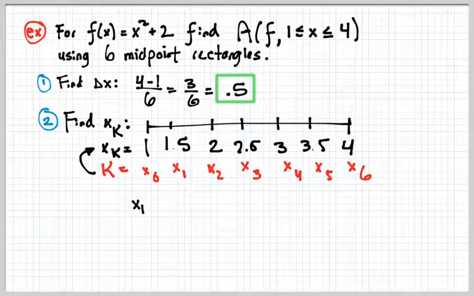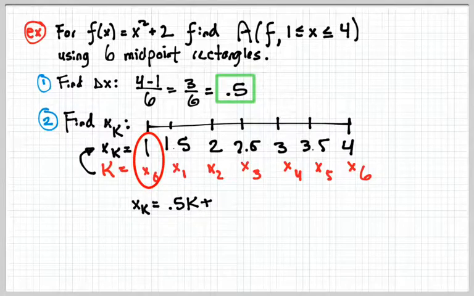So x of k will equal, it's going to be linear, so you're going to have your delta x, which is your slope, which is 0.5k, plus our beginning value, which is 1, plus 1. Now, that looks exactly like left or right endpoint, but because we want to find the midpoint,